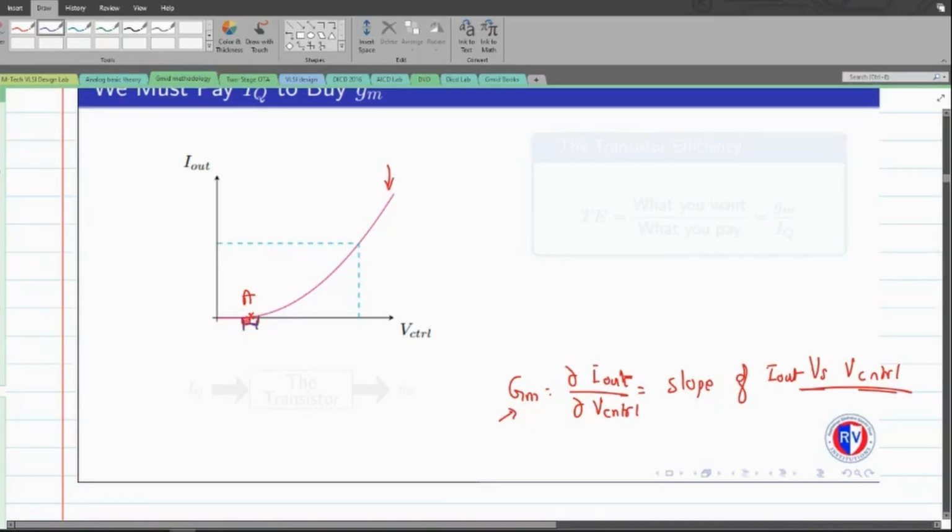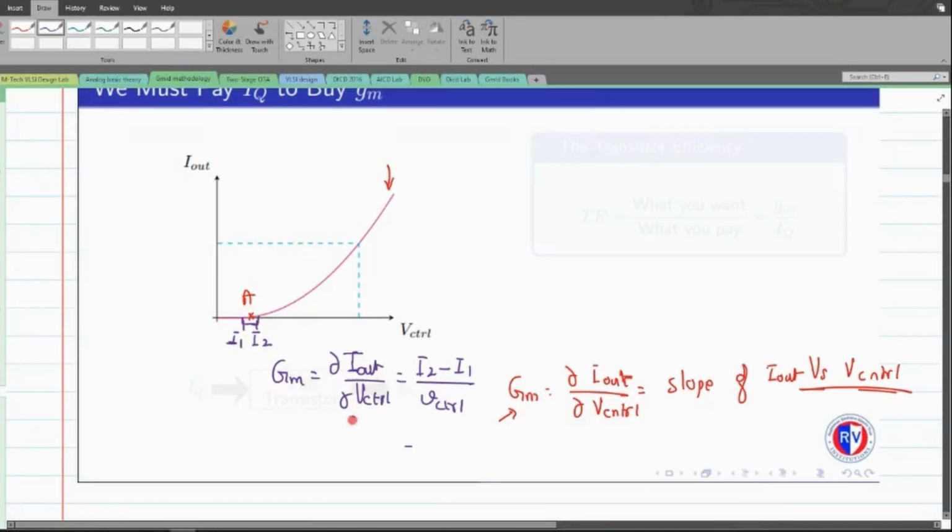Okay, so there is a very small change in the I out quantity, and due to which we end up having this dou I out, which I can write as the difference between this current component, which is I1, and this current component, which is I2. So the difference is written as I2 minus I1 divided by the small perturbation voltage, which I take as a small signal, which is VCTRL. If you calculate this difference between I2 and I1, it seems to be small, and due to which we end up having a very small value of GM when I choose this as my Q point.